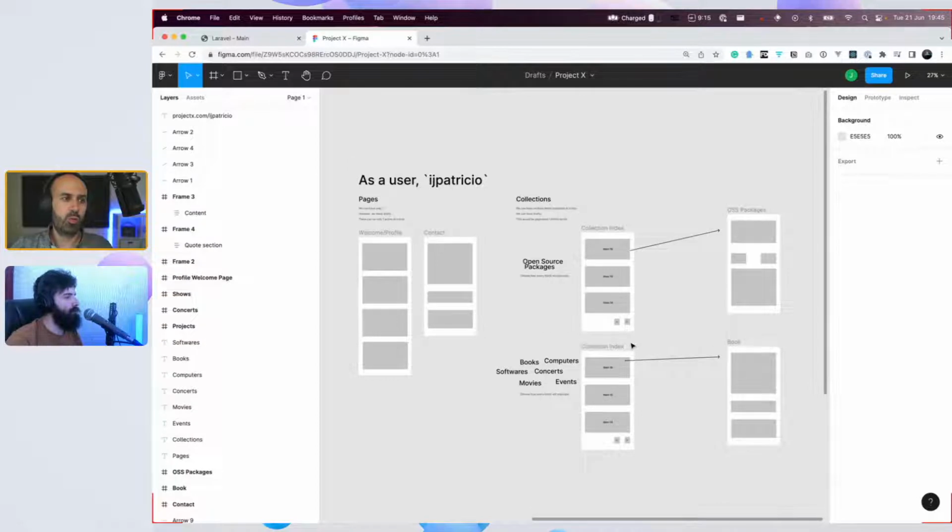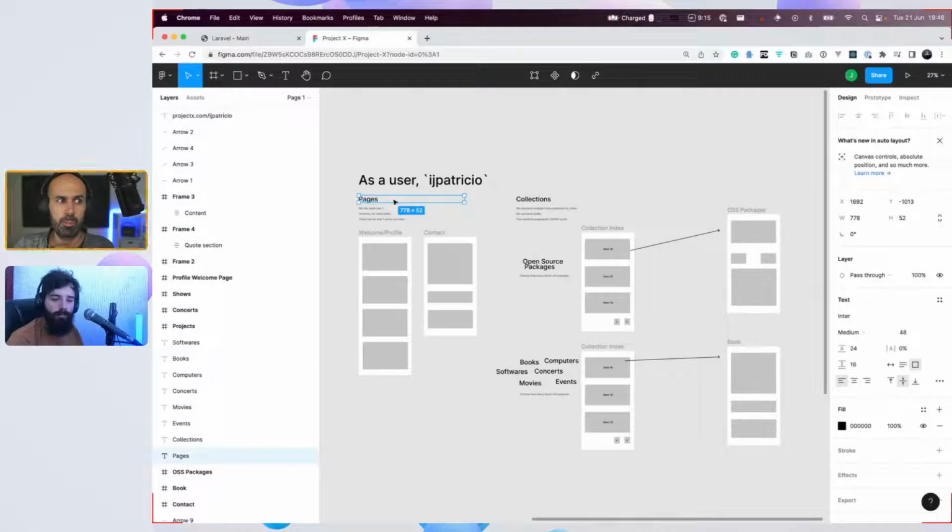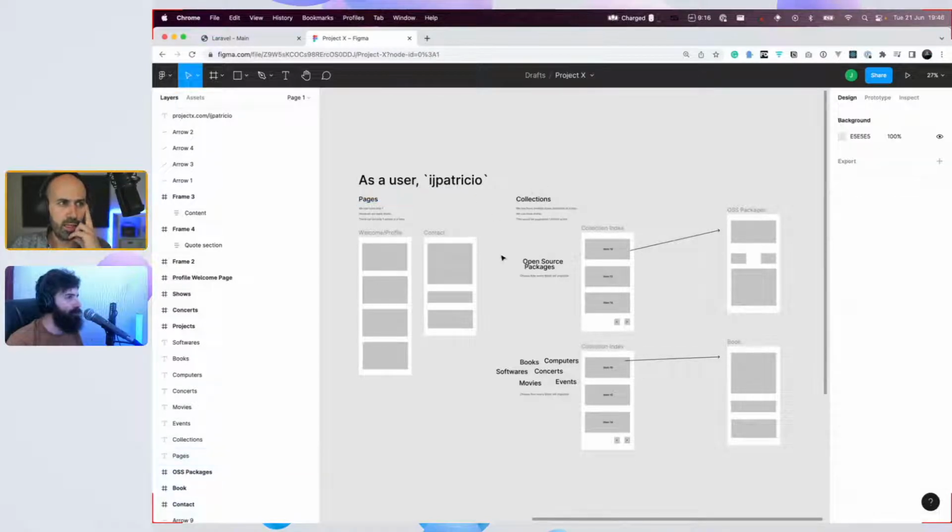So we try to mix together collection items, collections and pages, because essentially pages are singleton collections, but domain logic wise and also user experience wise, I think it will be better to divide pages and collections. Not just I, of course, we are doing this all together.